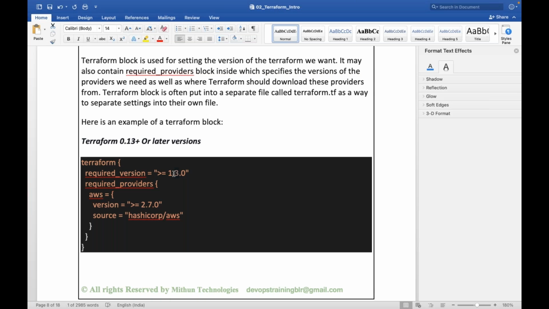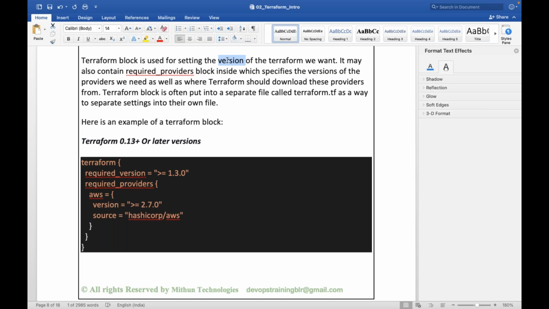If I am running this script, but my Terraform version is 1.2.9, will Terraform throw an error saying that you are expecting version 1.3.0 to run this configuration, but the current version of the Terraform software is 1.2.9? Yes. So you can define the required Terraform version to run these configurations in the Terraform block. So is everyone clear? The Terraform block is used for setting the Terraform configurations.